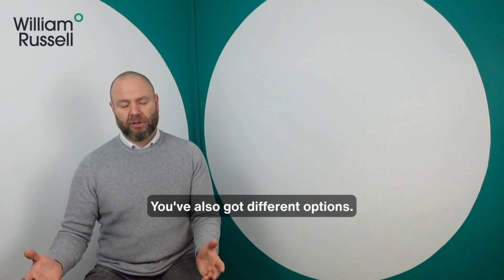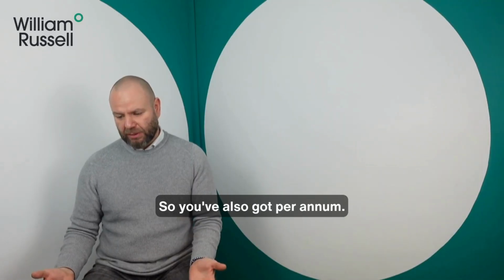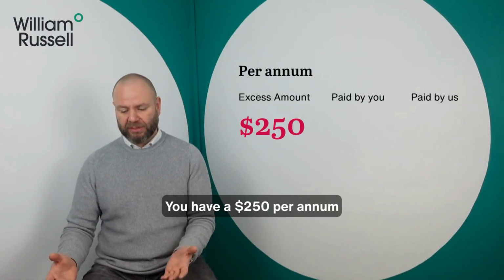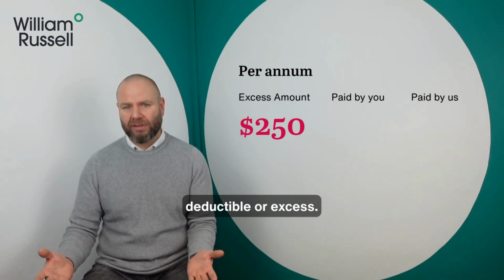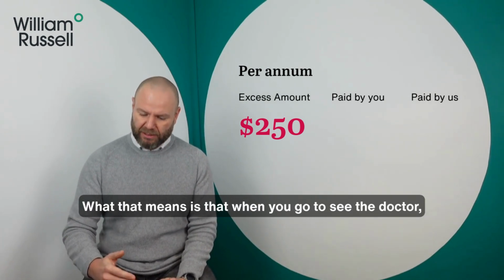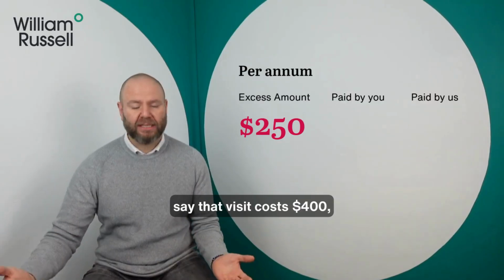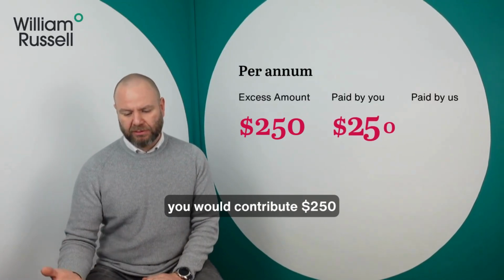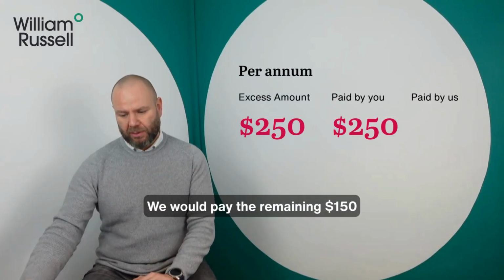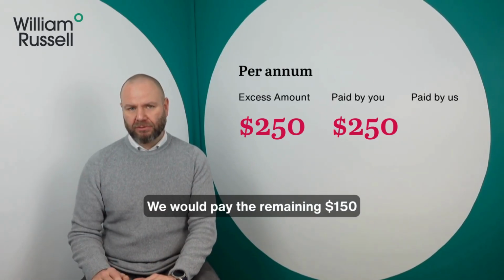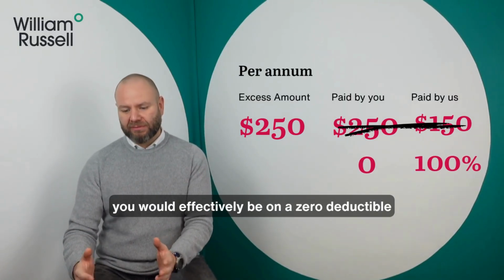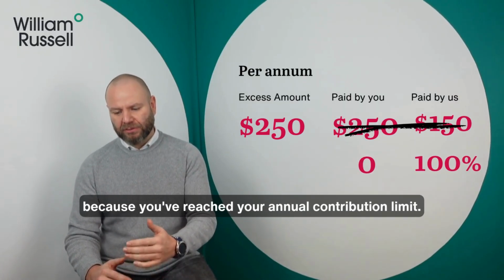You've also got different options, so you've also got per annum. So let's use a per annum example. You have a $250 per annum deductible or excess. What that means is that when you go to see the doctor, say that visit costs $400, you would contribute $250 towards that claim. We would pay the remaining $150. And then for the rest of the year, you would effectively be on a zero deductible because you've reached your